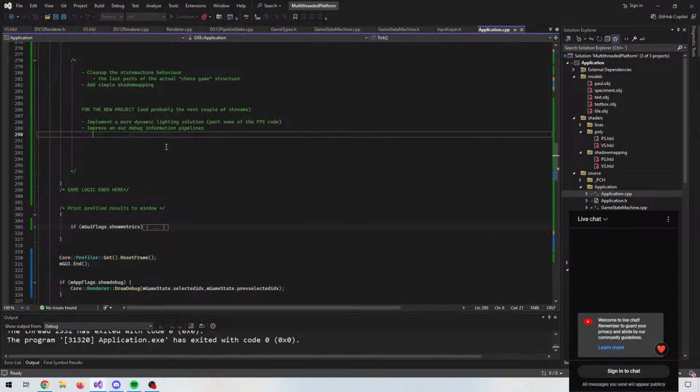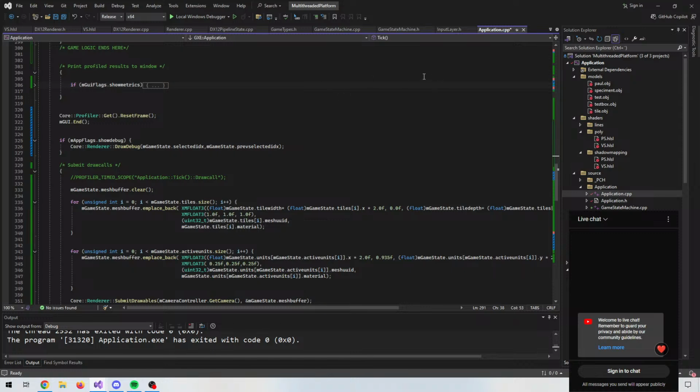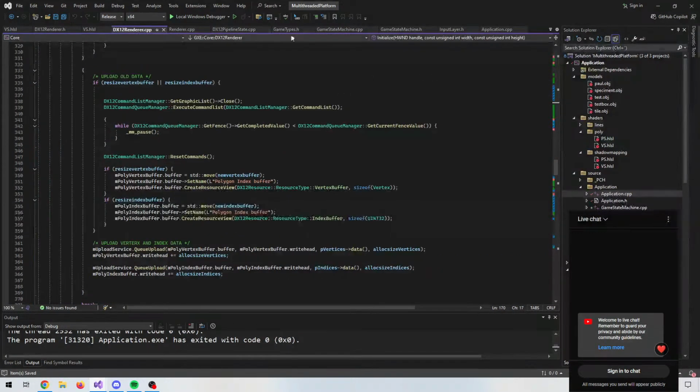I would also like a cube bounding volume pipeline, maybe, and a sphere bounding volume pipeline. I would like that, since right now our renderer